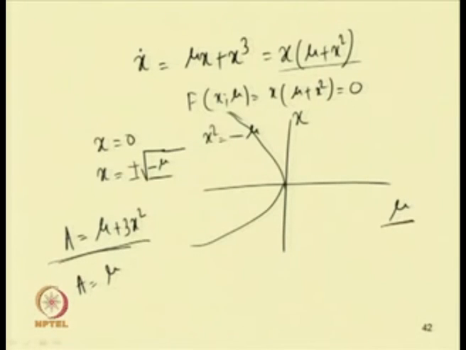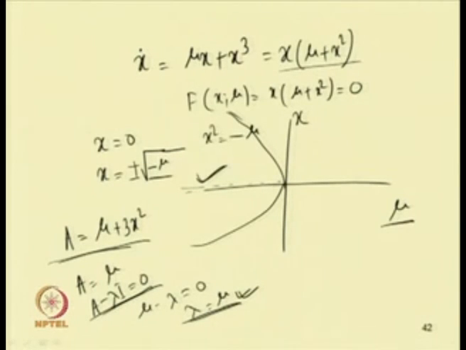As mu is negative, from A minus lambda I equal to 0, we know mu minus lambda equal to 0, or lambda equal to mu. So, lambda equal to mu is the eigenvalue. For negative values of mu, that is from here to this position, we have a stable branch. So, this is stable, and after this branch, we can erase this thing, and up to this we have a stable branch.